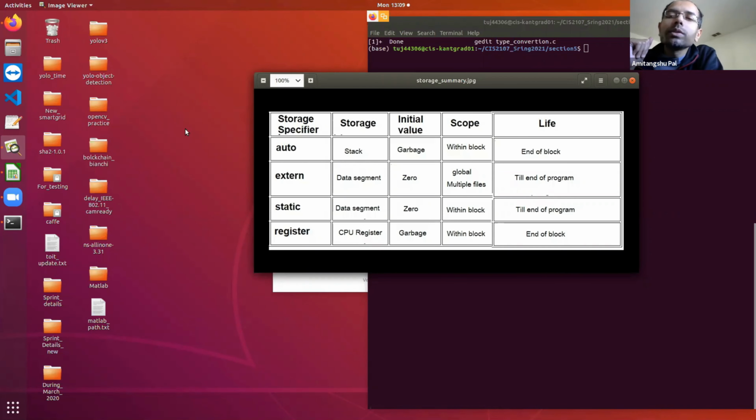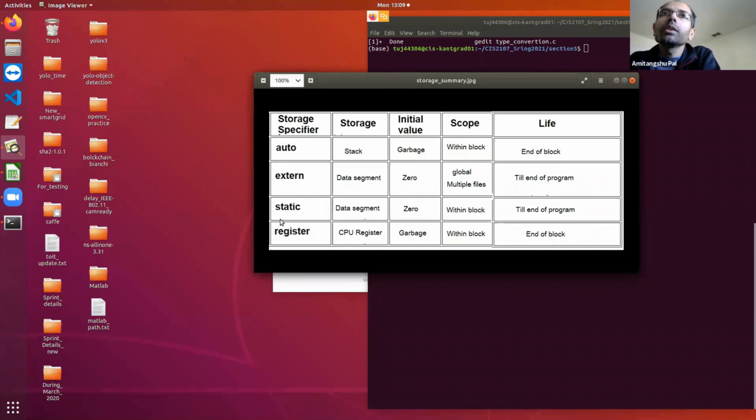So now we are going to see that in front of integer, you can use different storage specifiers. Like you can write auto int, extern int, static int, register int. Okay? And based on these keywords, that integer is going to behave differently, or that integer will have different properties.